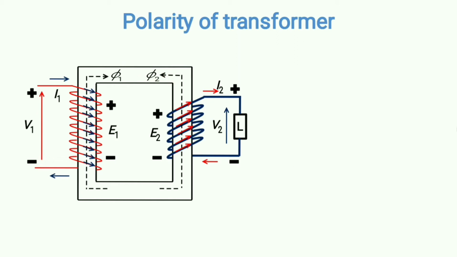This is Lenz's law, and as you all know, these two fluxes will try to cancel out each other, and finally the remaining or resultant flux is nothing but the no load flux. Okay, that is a separate concept. So now as you can see here, this is the polarity. Here the plus side is coming here and the negative polarity is coming at that side.